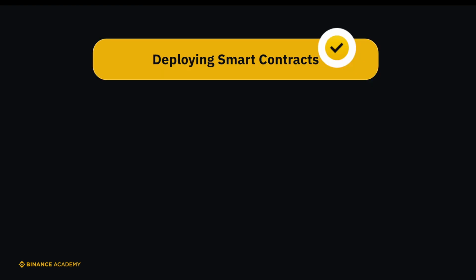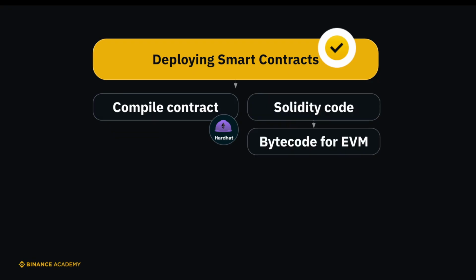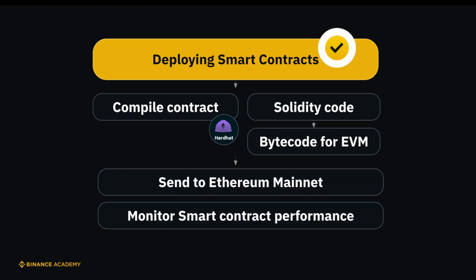Finally, once you're confident in your smart contract, it's deployment time. Using Hardhat, compile your contract, converting your Solidity code into bytecode for the Ethereum virtual machine, EVM, to understand. Then send it to the Ethereum mainnet. After deployment, it's essential to monitor your smart contract's performance, ensuring it functions as expected and watching for any unusual